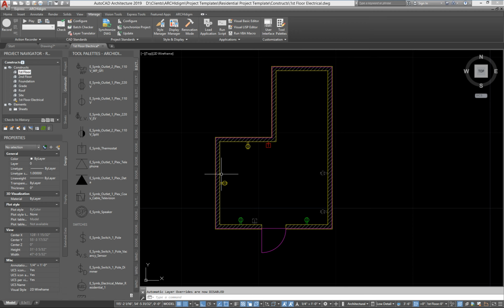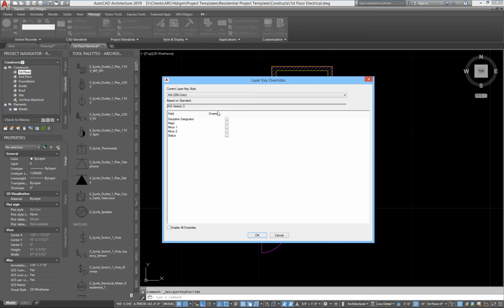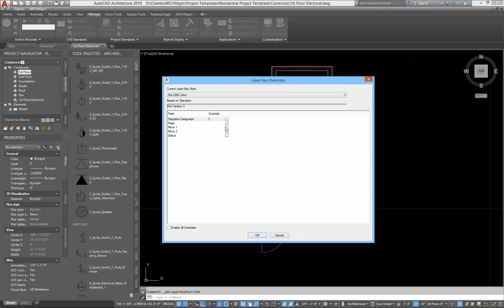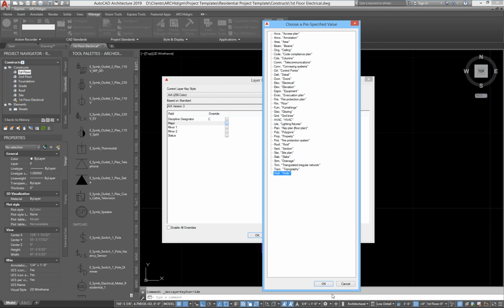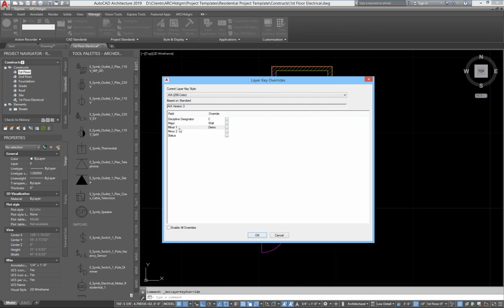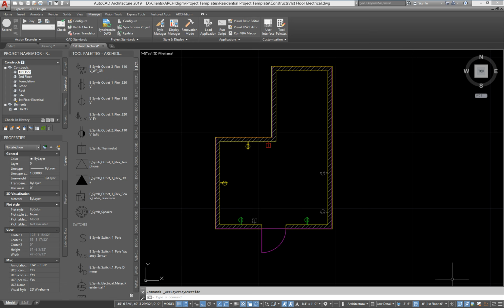Okay, so something else to know about these overrides. If you go to the override, you'll notice you can actually go in here and reset the discipline. So that seems pretty serious modification. You could really mess somebody up if you ran by their computer and made some changes like set this to civil, set this to walls, and let's go down here, they have one for something like demo in here. You can just pick anything, but you'll notice there's a demo as a minor. And if you enable this and left it like that on somebody's machine, everything they draw will end up on that